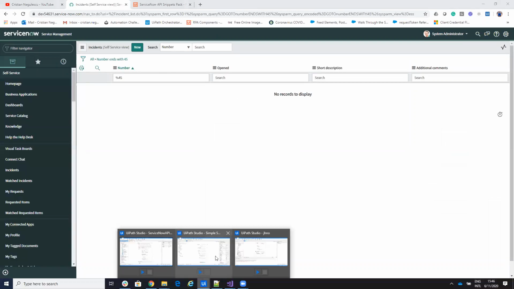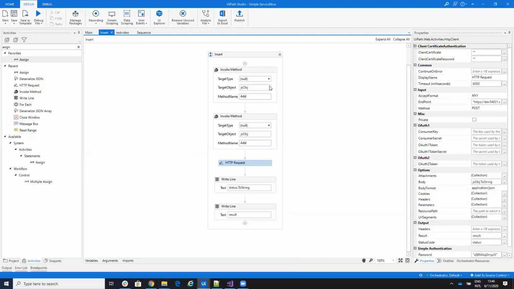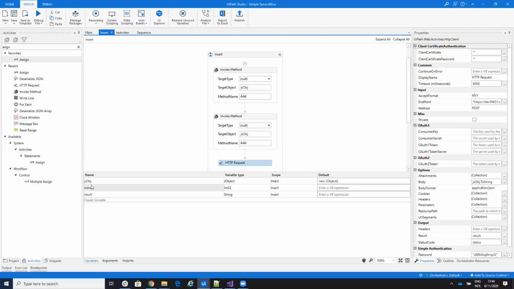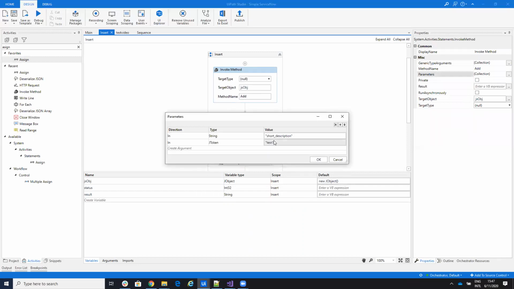Now, let's make an insert. To be able to make an insert, first I need to create an object. I will define the object as a GObject, JSON object, and I will say new object. In this element, we will add data. To add data, I will use invoke method. I will say the object, and the method add. Now, here I need to put parameters, and first is short description with test1